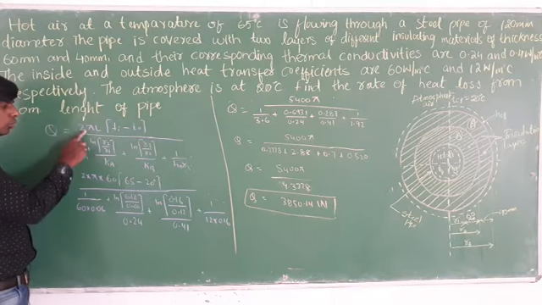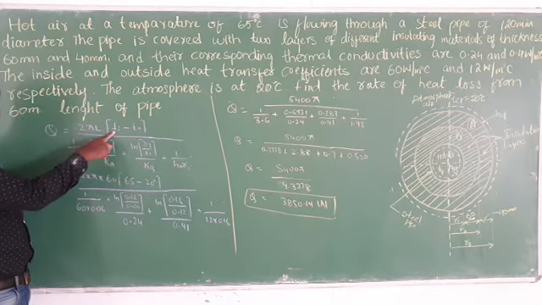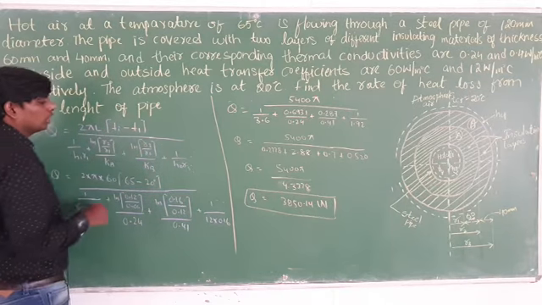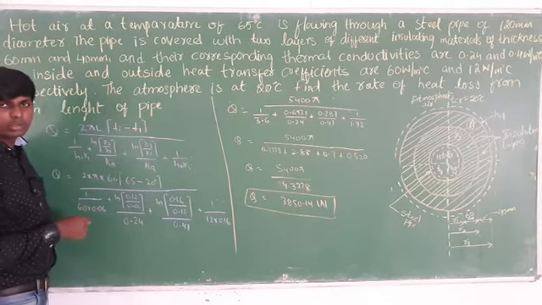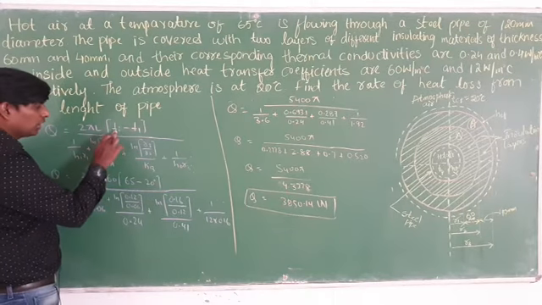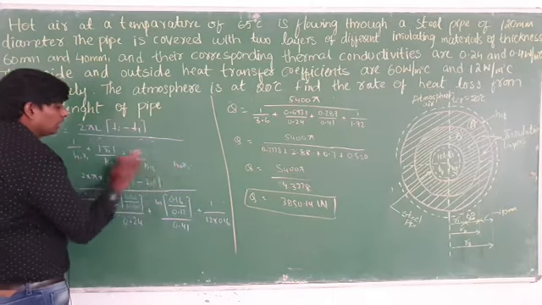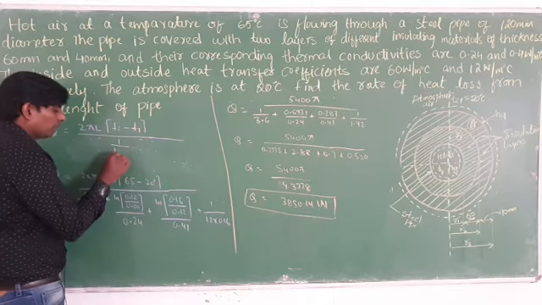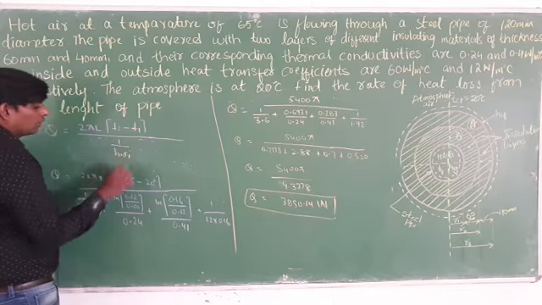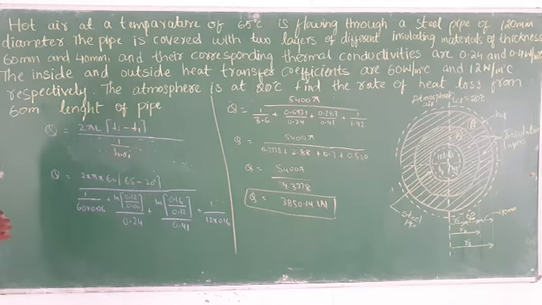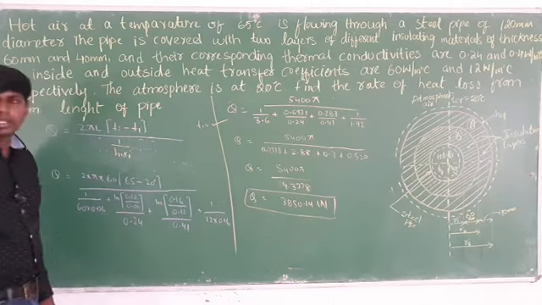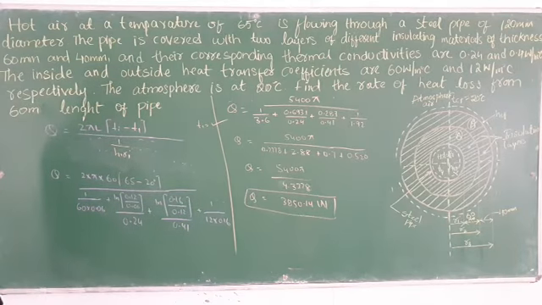Q is equal to 2 pi L. Initial temperature Ti, you know very well. Then here you have to write T1, because you have to find the value of T1. So in between Ti and T1, only 1 by Hi Ri is coming here. Suppose he is asking to find T1, then with the help of this formula you will get the value of T1.